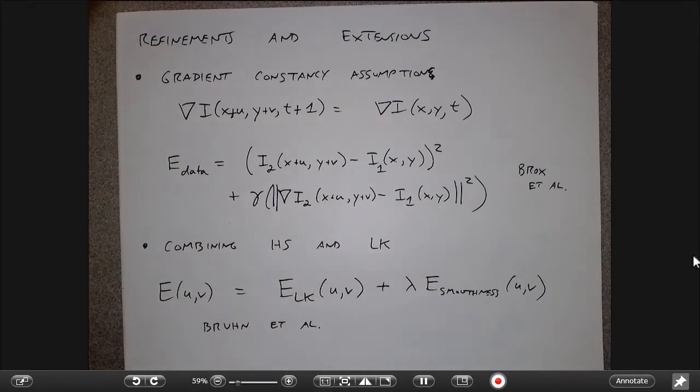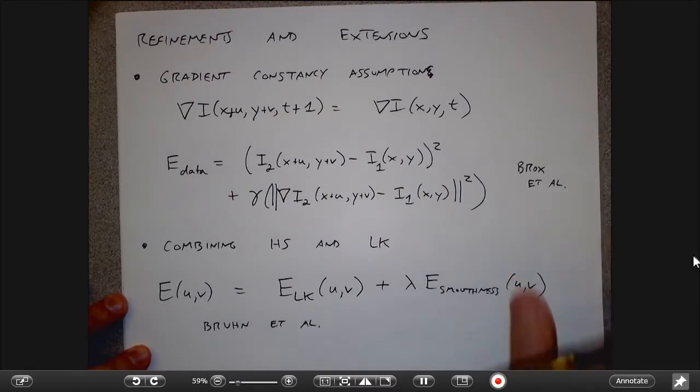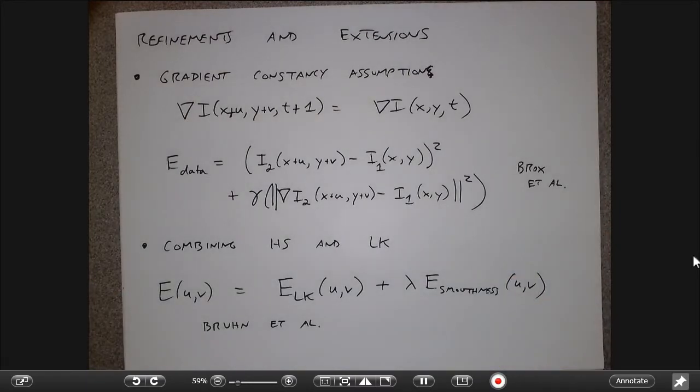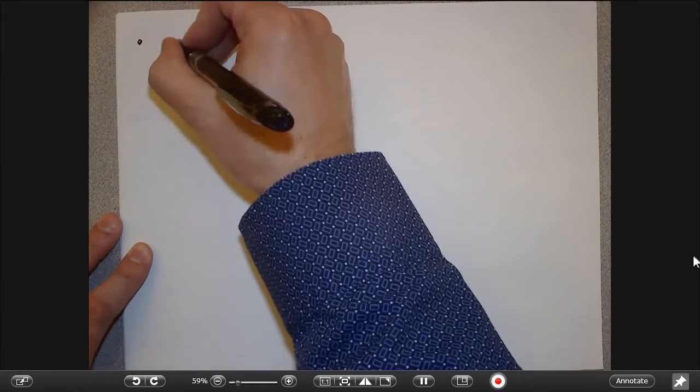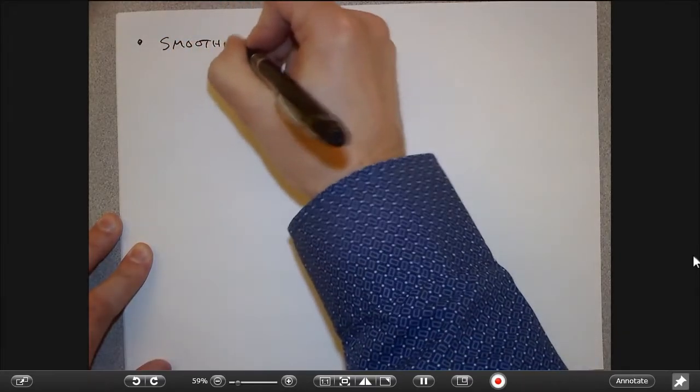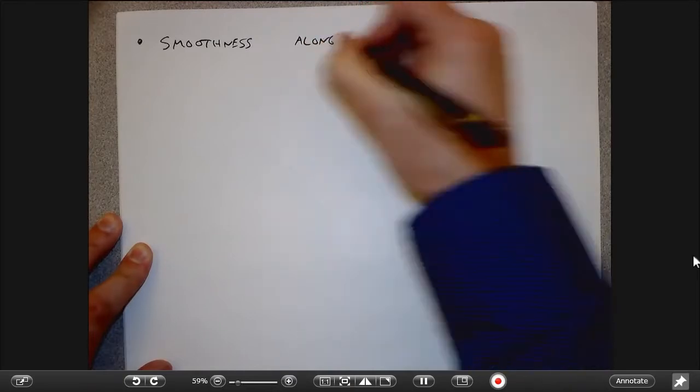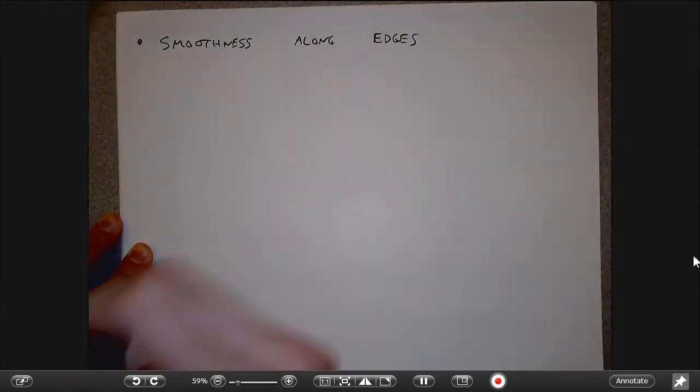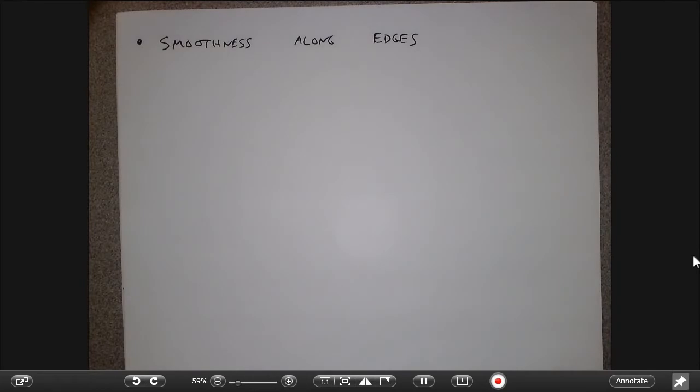Another thing that you can do to make things a little better is, so the smoothness assumption is valid almost everywhere, right? That is, in the middles of foreground objects, in the middle of background objects, you want to enforce that kind of smoothness. But you don't want to enforce it across foreground to background boundaries, okay? And so one thing that you can do to modify the smoothness assumption is to say, okay, I don't want to smudge the optical flow across edges that could